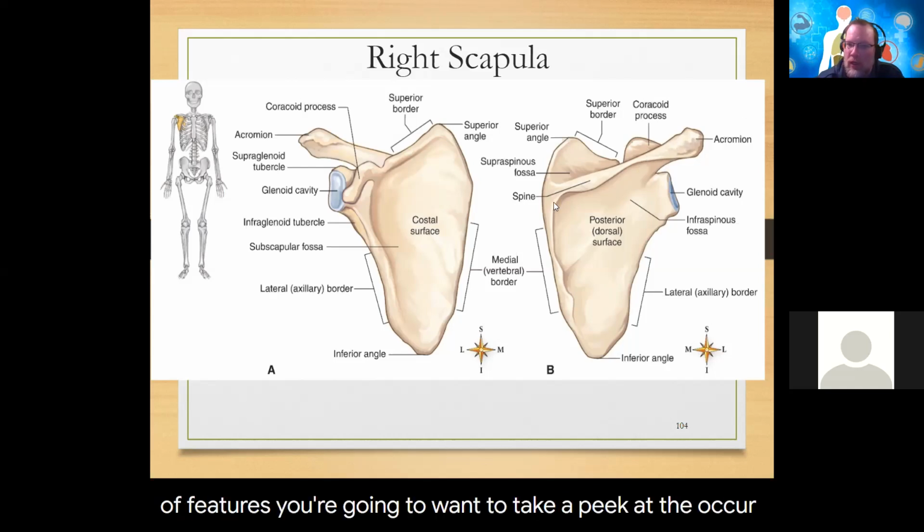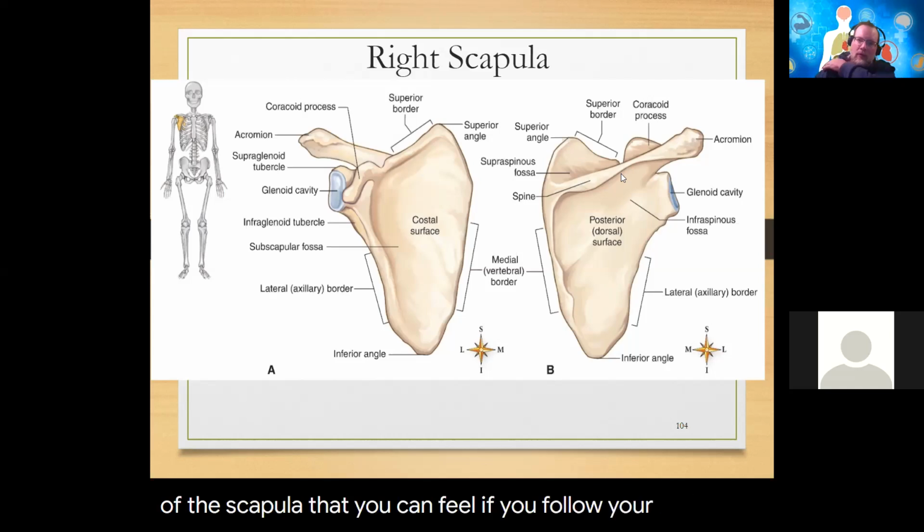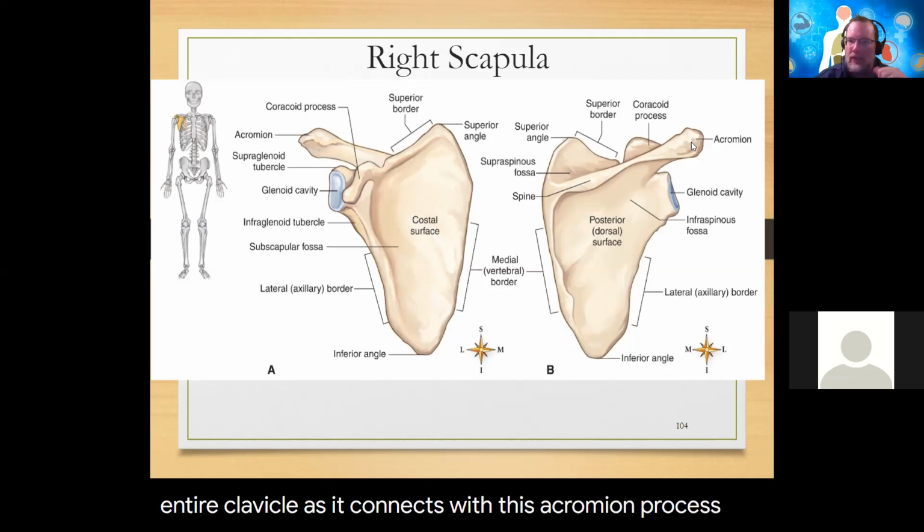The acromion off of the spine. The spine is the posterior aspect of the scapula. You can feel it if you follow your collarbone around, it just continues onto a bony kind of ridge. That's the spine of the scapula. So you can palpate the entire clavicle as it connects with this acromion process and kind of swings toward the